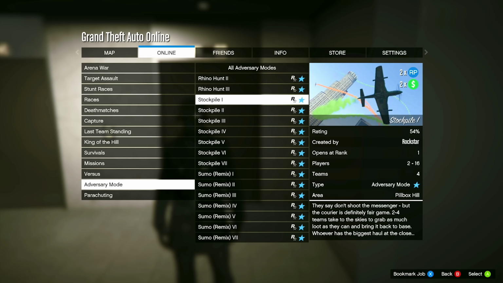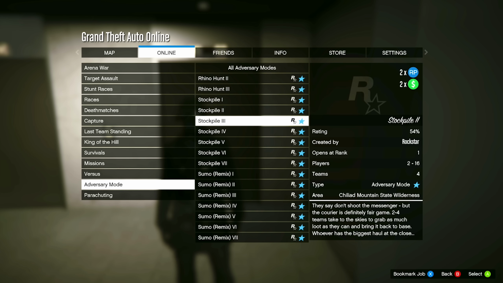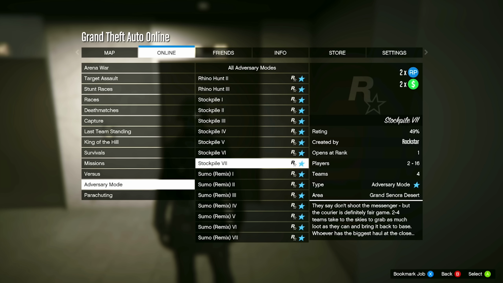Now, like I was mentioning at the beginning of this video about the bonuses not being that great at all, we have a lot of new content this week, but none of those things are on money bonus, and honestly, in my opinion, they should have been, because they already aren't paying that much money by default, and it would have been nice, at least for the first week, to get some new content with double money. But nonetheless, Stockpile is going to be double money and double RP this week, so there's 7 game modes of